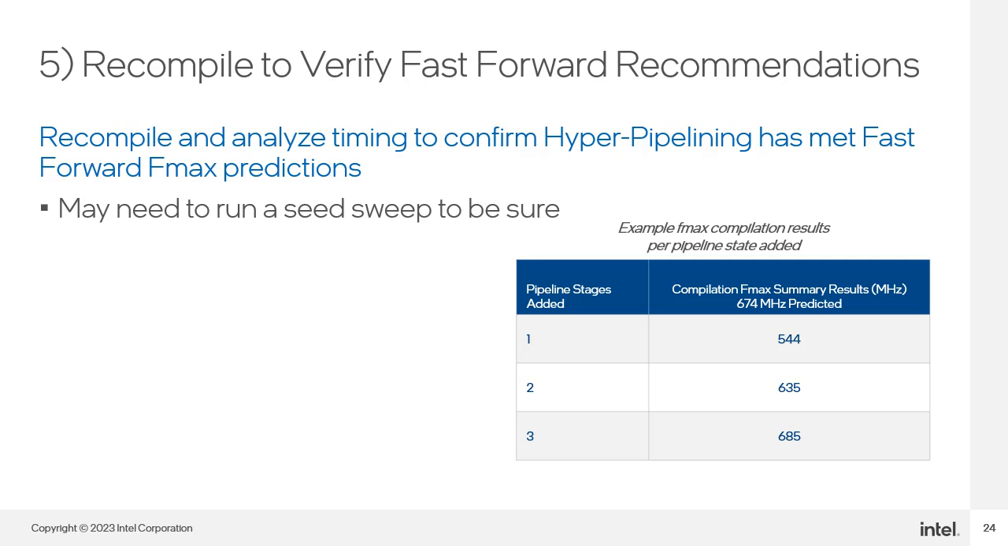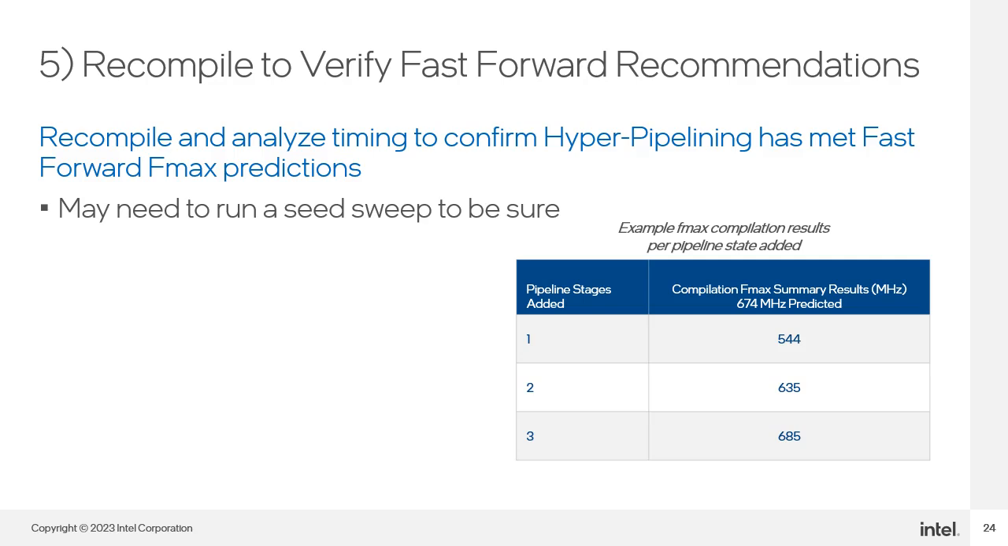After simulating, you want to recompile your design. Remember that fast forward compile is only virtually implementing the design changes. So after you make your modifications, you should recompile your design and perform timing analysis to check the results. Here in the example on this slide, fast forward compile predicted a 741 MHz clock speed if 3 registers were